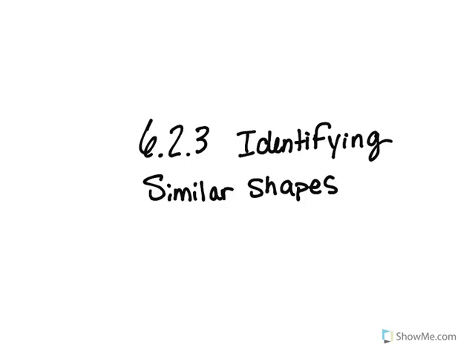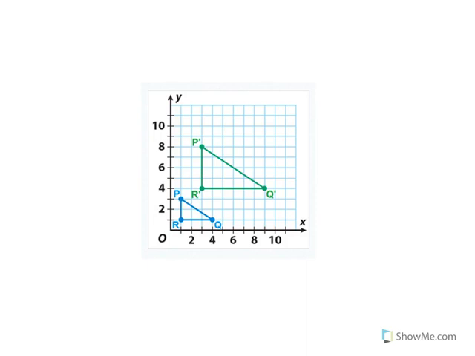Okay, today we are doing 6.2.3, which is identifying similar shapes. For our online stuff, you guys, we're going to go off the book actually and just do some examples together. We're not going to do the book stuff. Okay, so for a shape to be similar